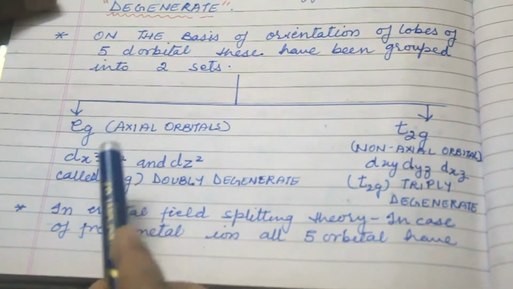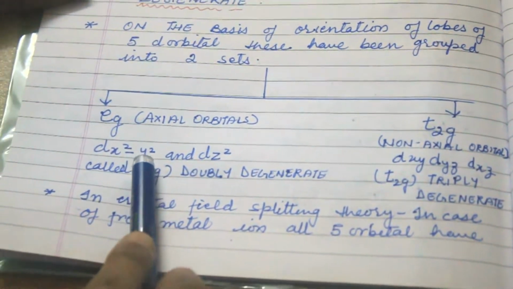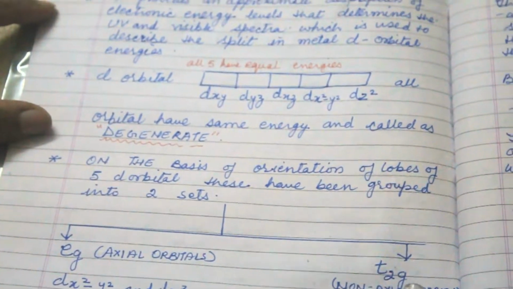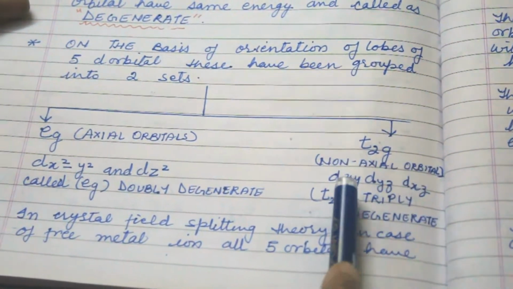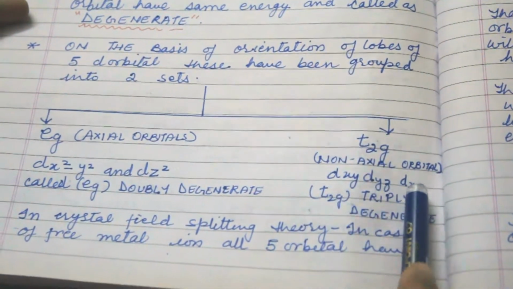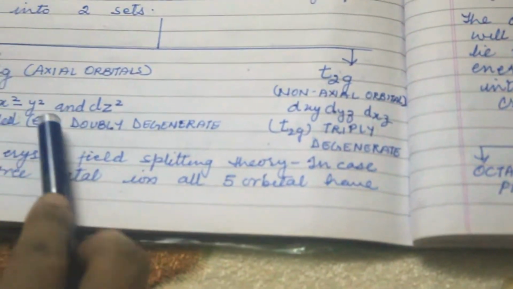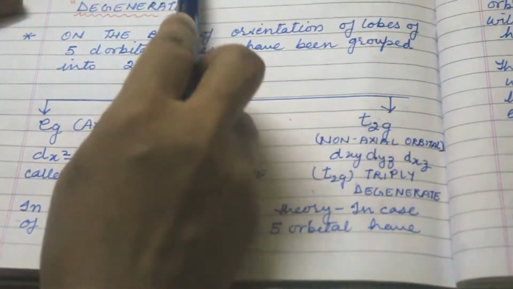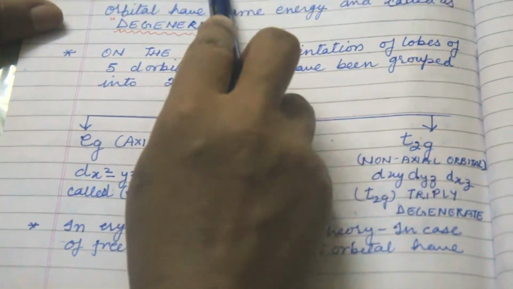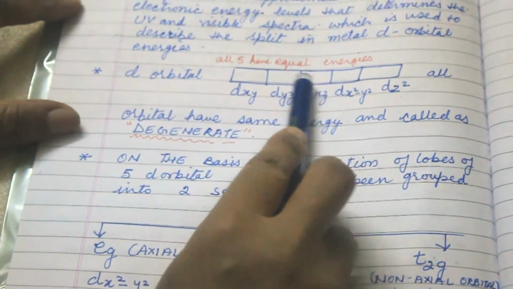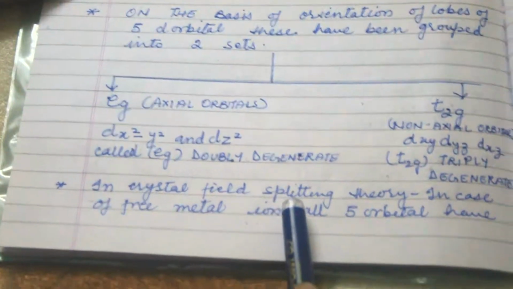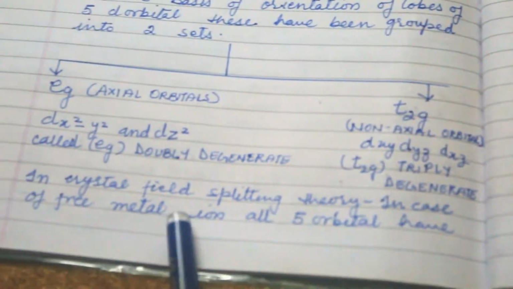Eg is composed of dx square minus y square and dz square, the last two orbitals, and T2g, the non-axial set, is composed of dxy, dyz and dxz. Eg is known as doubly degenerate, and T2g is known as triply degenerate because it is composed of 3 orbitals. In the crystal field splitting theory, in the case of a free metal ion, all 5 orbitals have the same energy,